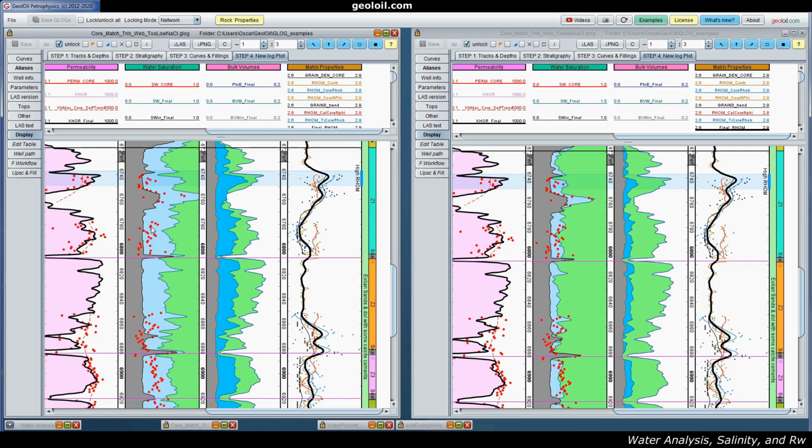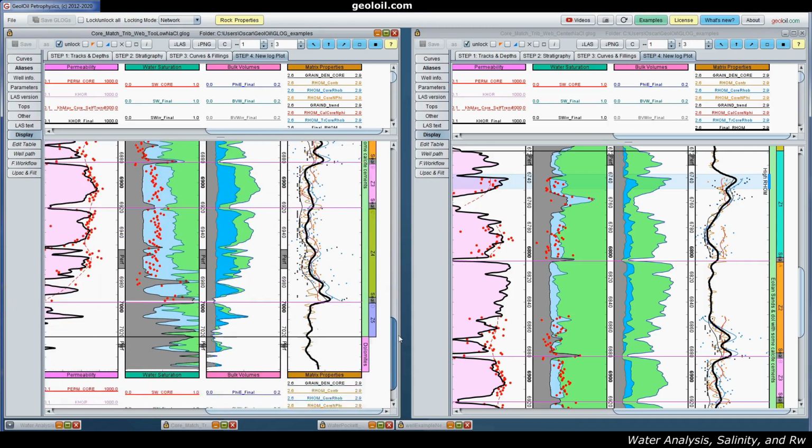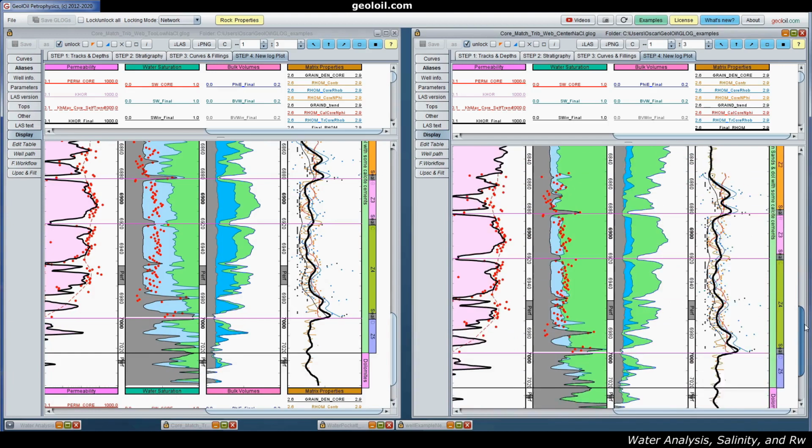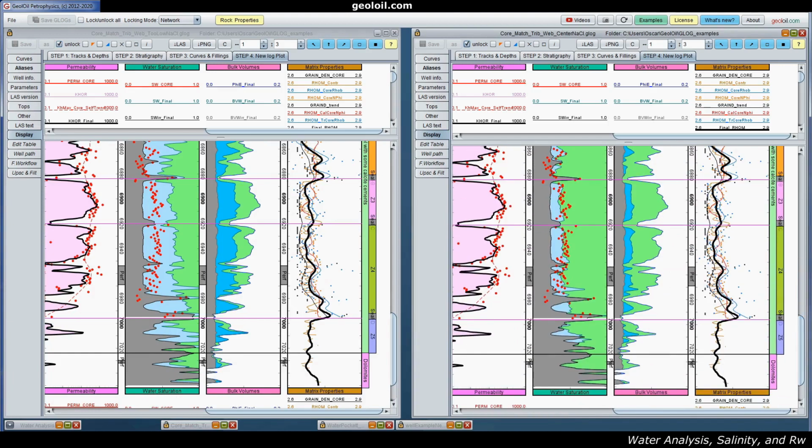Look at the free water. There is a large gap. There is a large volume of free water. That makes a big difference. So you have to be very careful. You have to check that not only do you have a good match between the core water saturation points and the log curve estimated water saturation. Not only that, you have to verify that you have reasonable amounts of free water.